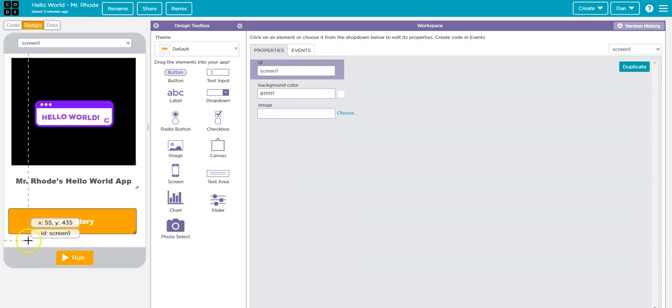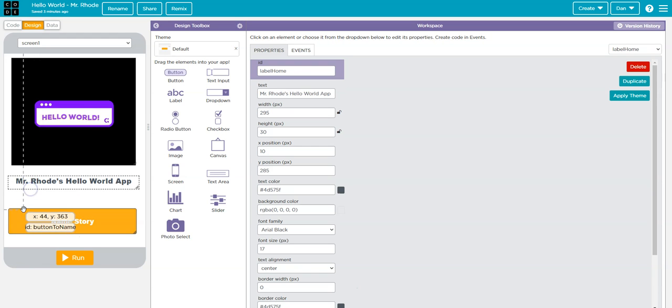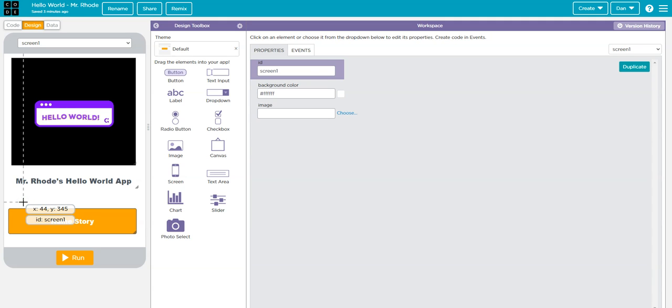So I'm going to select anywhere on the screen that isn't an object, another element, and then it comes up with the ID screen 1. Now I'm going to change that screen name to screen home. Notice one thing I can do if my screens are similar is duplicate. But in this case, my second screen, my name story, is going to be different enough that I'm going to